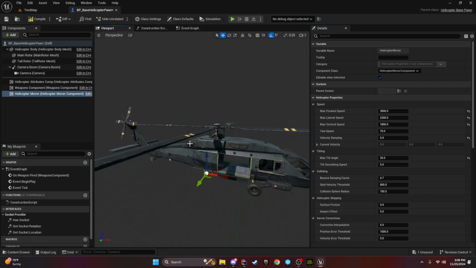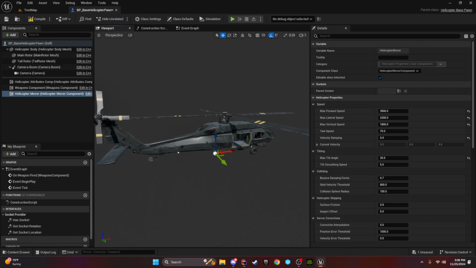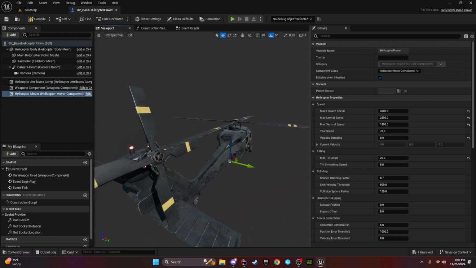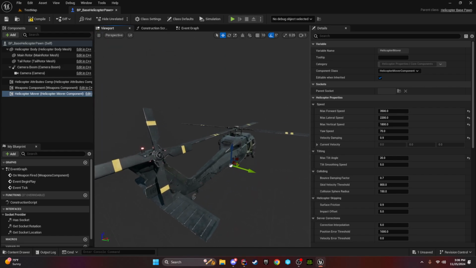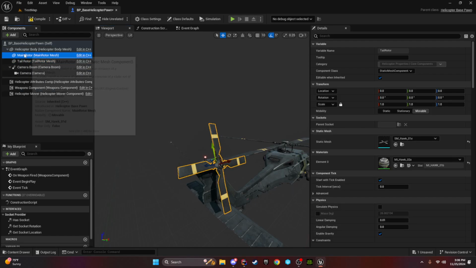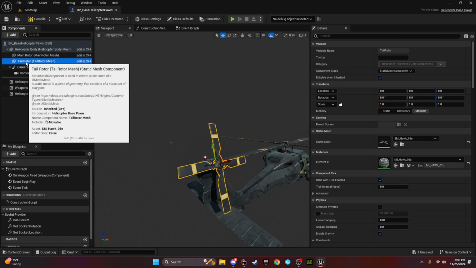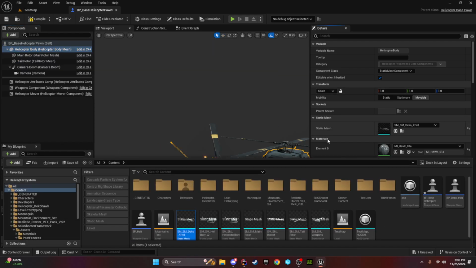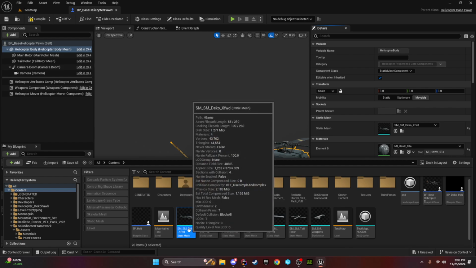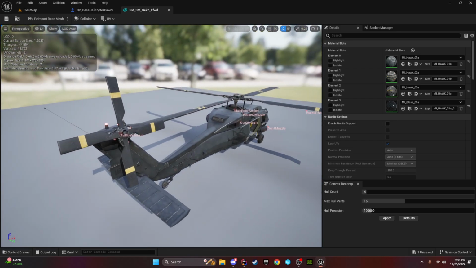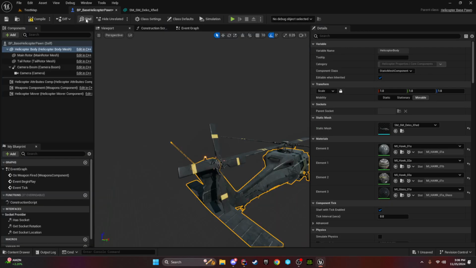So I'm using, I believe this is a Decagon asset. This is just, I'm testing things out. So testing with this helicopter, futuristic Blackhawk variant. But what I've done is these are no longer parented to the main body, and the reason for that is I ended up wanting to take this and I had to create an X forward variant of this, and then you can see I'm just using sockets, and so then within the configuration, if we go to class